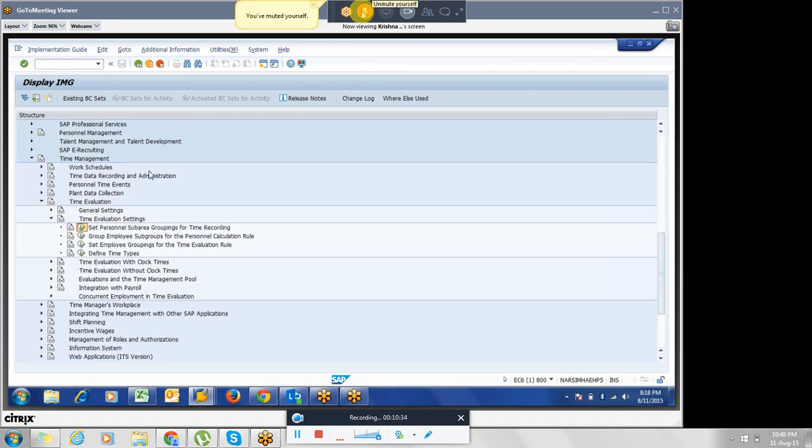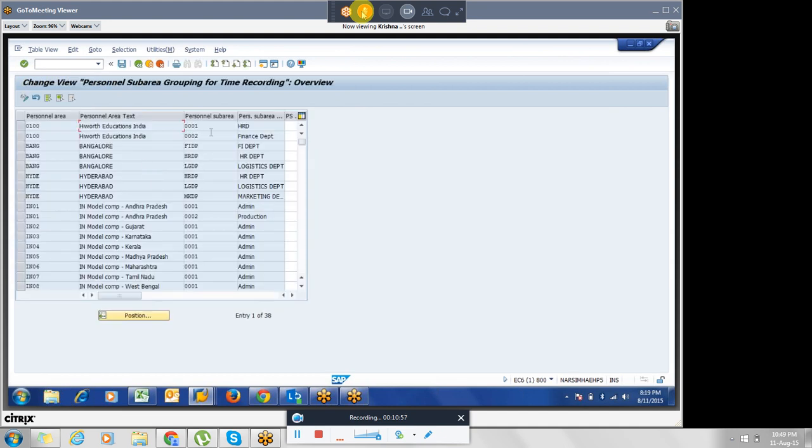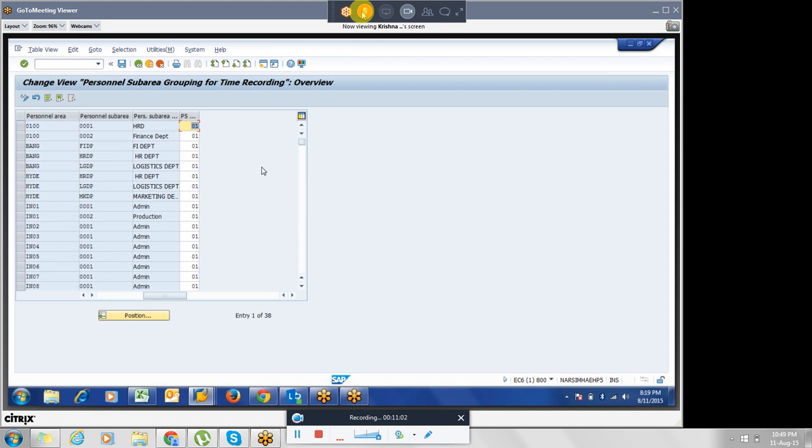Just remember, when you are configuring time evaluation, there are several groupings: time, work schedule grouping, absence grouping, absence quota grouping. And this is the time recording grouping. Whatever the grouping you are giving to your particular personnel area and subarea will come into the picture. Here I didn't specify my own grouping.